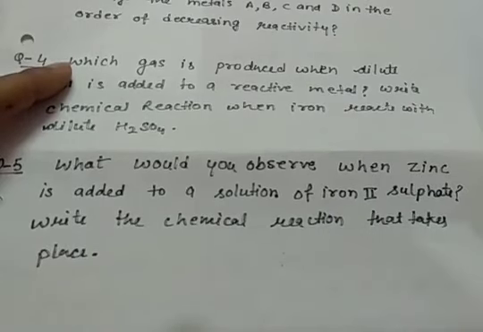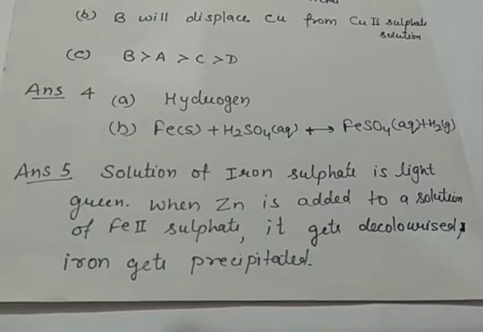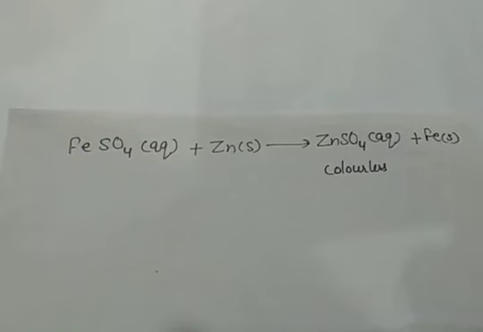Our next question was, what would you observe when zinc is added to a solution of iron 2 sulfate? Write the chemical reaction that takes place. We know that a solution of iron sulfate is light green in color. So when zinc is added to a solution of iron 2 sulfate, it gets decolorized and iron gets precipitated. Why is it getting decolorized? Because zinc is more reactive than iron, so it will displace iron from its solution and zinc will go with the sulfate solution, and the reaction which is taking place is